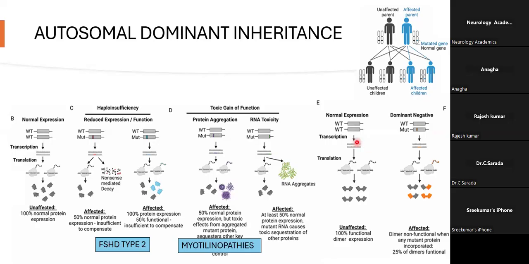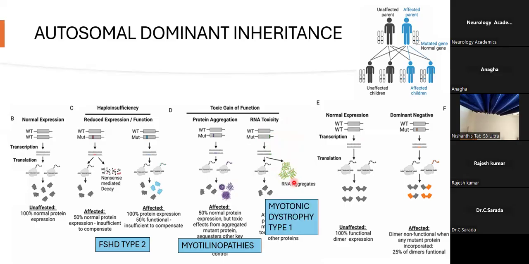Another mechanism by which this toxic gain of function can manifest is that the mutant allele, that is the diseased allele, forms RNA aggregates. So here the RNA aggregates affect the normal mRNA function and the normal protein functioning, and hence there is reduced activity of the normal gene. One example of this is myotonic dystrophy. So here there is a mutation in the DMPK gene. This forms the mutant DMPK mRNA that interferes with the splicing of the normal mRNA forming the normal protein,